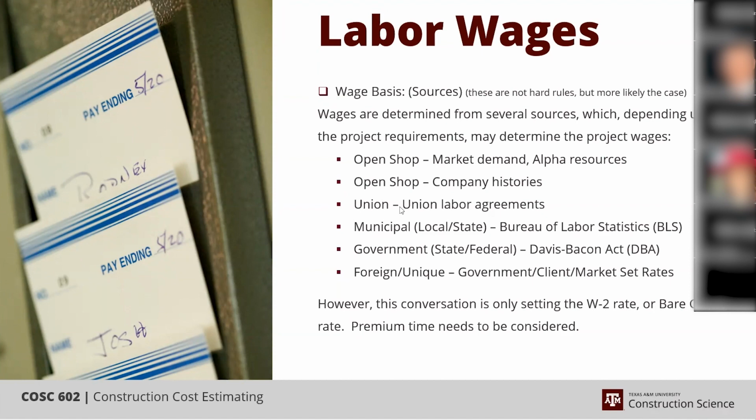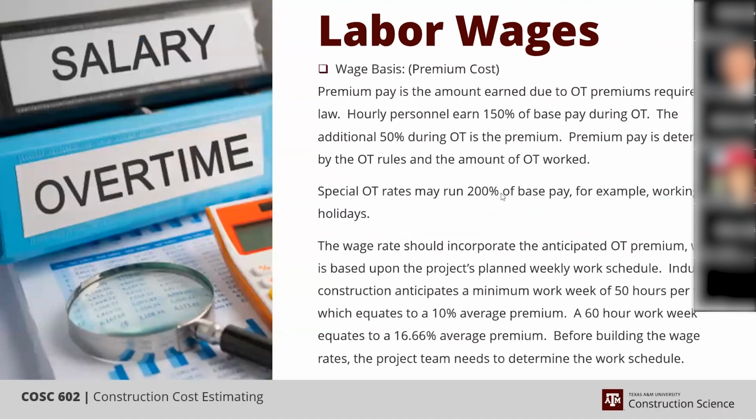It's the bare comp. And when we talk about bare comp, it should include premium time. So real quick, I think we all know what premium time is. In the United States, everything over 40 hours is time and a half, unless you're working a holiday of some kind, and it can get to 200. But we tend to apply it as an average. So if you work 50 hours a week, we're applying 10% to all the hours as a high level multiplier. If you're working 60 hours a week, it's 16.66% against all the hours, and that picks up the